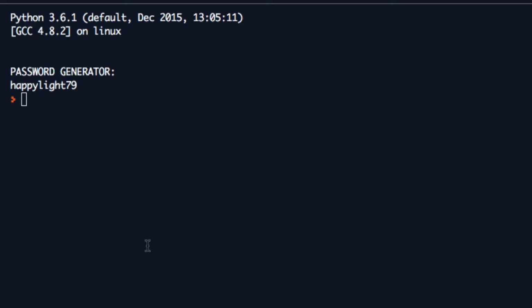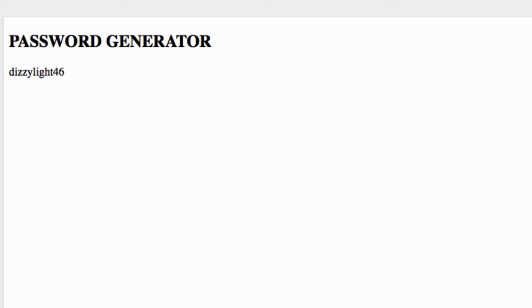If we look in Python over here, every time we run it, we get random passwords. And in JavaScript, if we look over here,